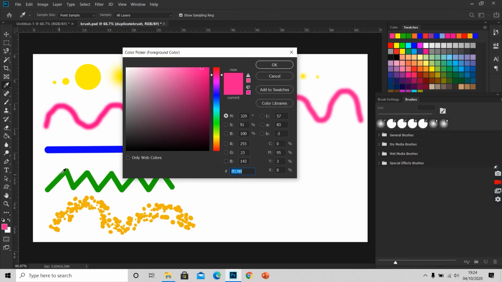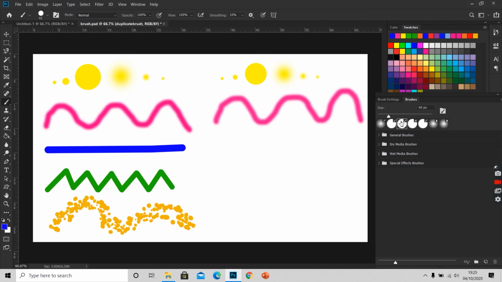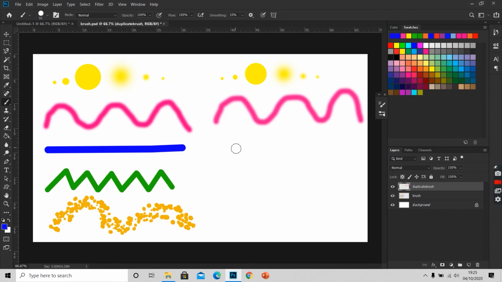For this, first select the color. Then select the brush that you want to use. This is a hard brush. Select the size. As you can see, it's a straight line. So for making a straight line, I'll press Shift and click once, and I'll not release Shift and click at the end point. This will give us a straight line.